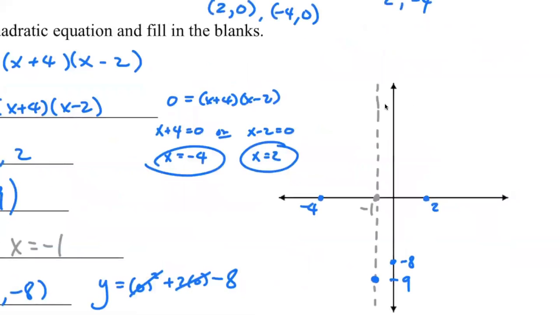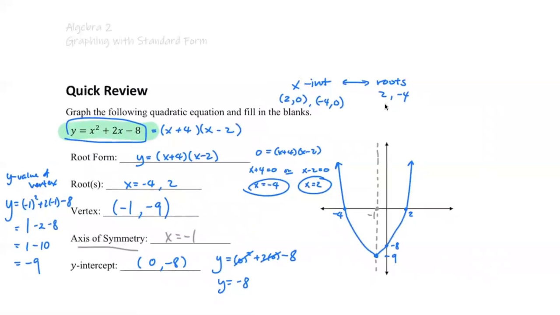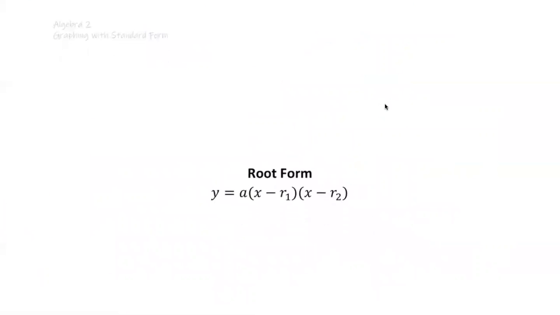And now we can go ahead and sketch this graph. And that's it. That's how we sketch it based on the root form, something that we did earlier in this unit. So I just want to bring it back. And what we're about to do today, as you see in the title, is graphing with standard form. In a moment, we'll talk about standard form, but first, to recap what we did just now,